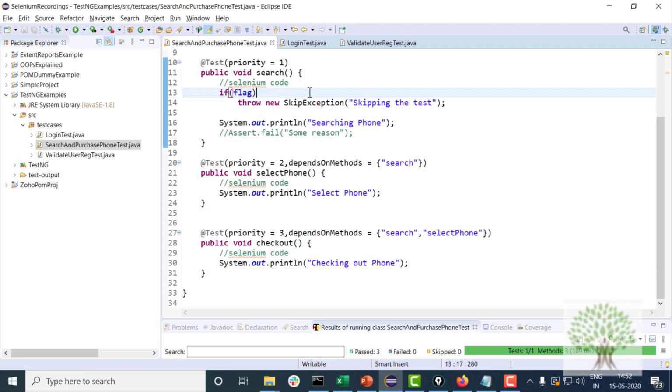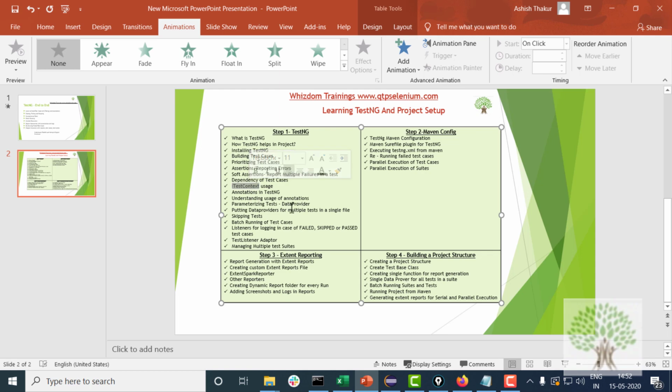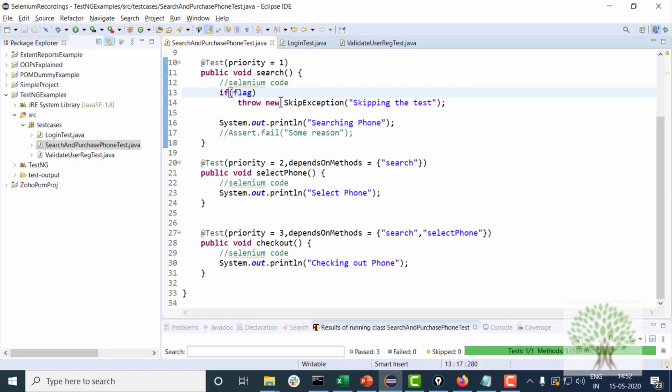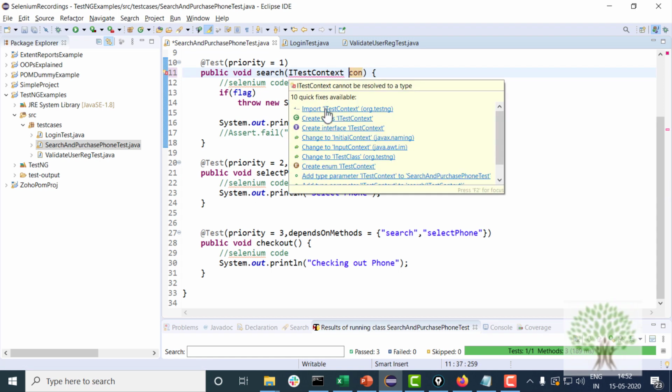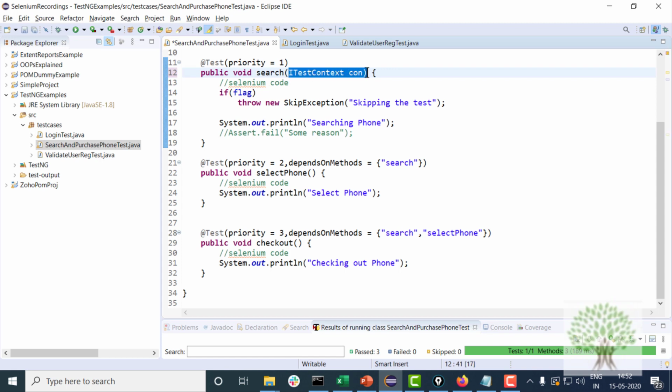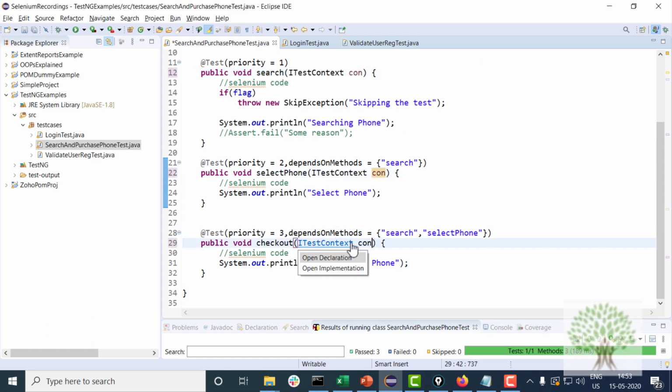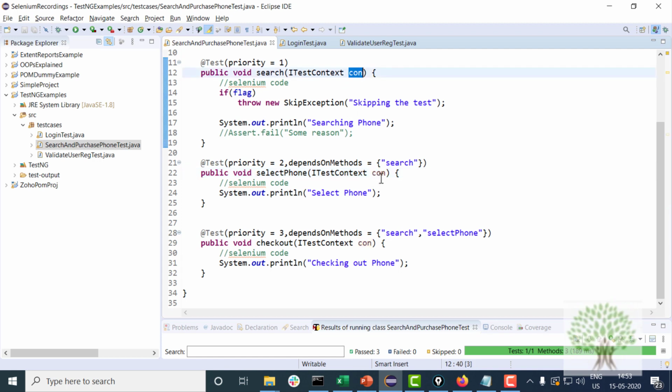So this interface helps you over there. You have to pass over the reference of this interface inside every particular function. ITestContext is passed over, and this context object, you can call it context. The context object is the same for all the 3 test cases.